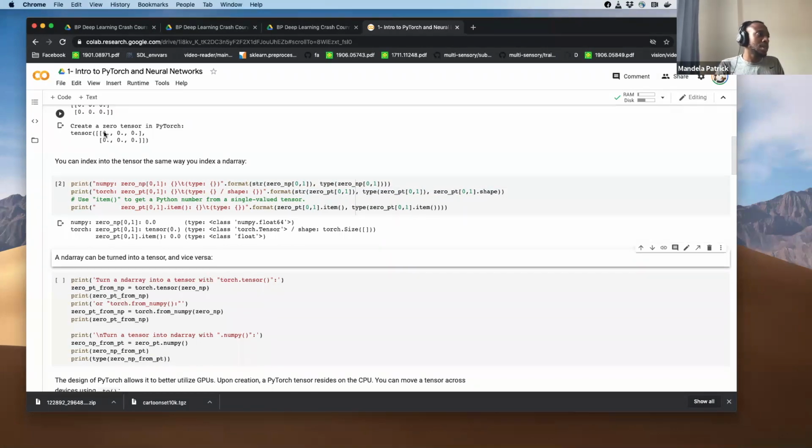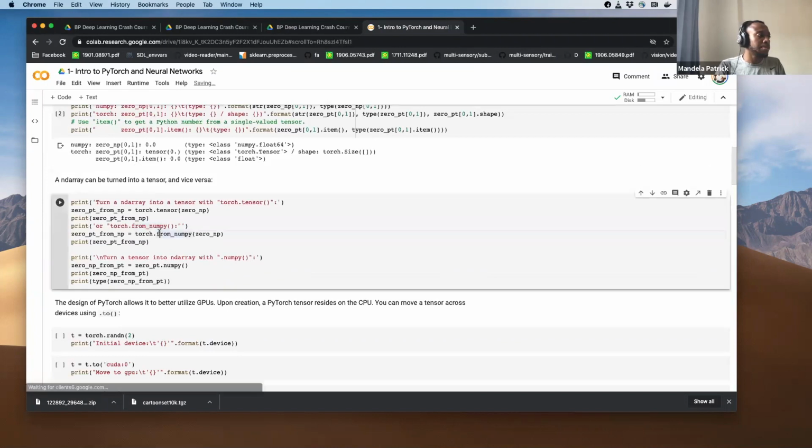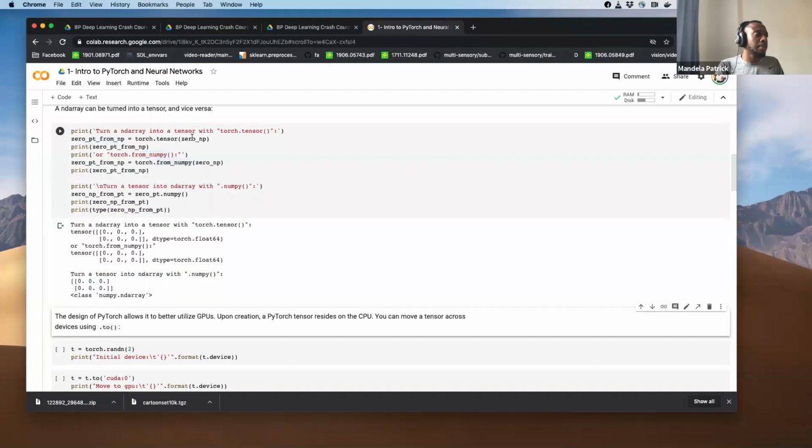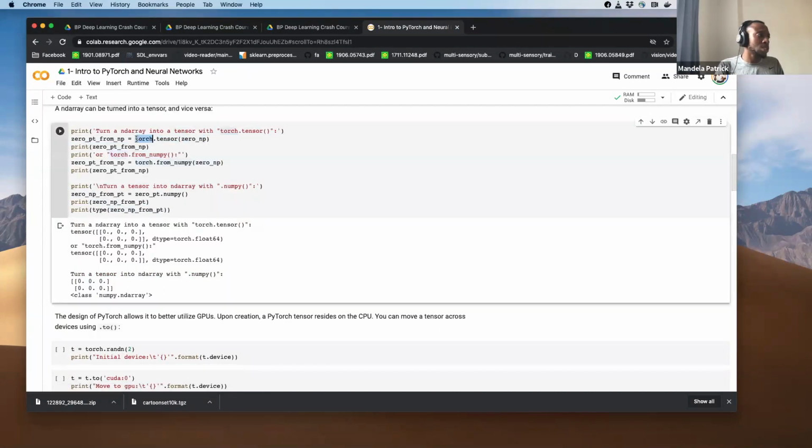So the 0th row and the first column would be 0. And we print all these values. And then we could easily go between PyTorch and NumPy. To convert a NumPy array to a PyTorch tensor, we just do torch.tensor and back. And then we could also use torch.from_numpy. And then to go from PyTorch to NumPy, we just do .numpy.